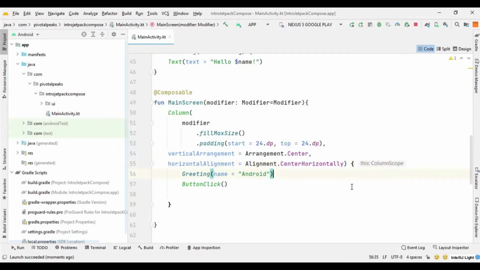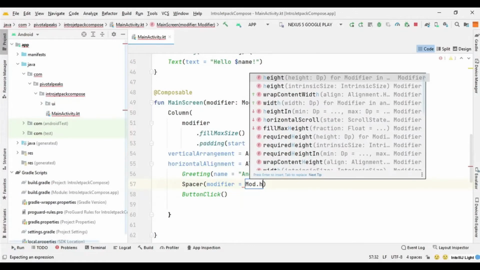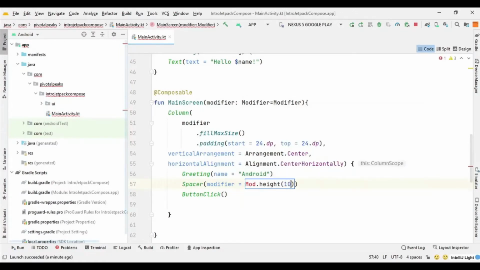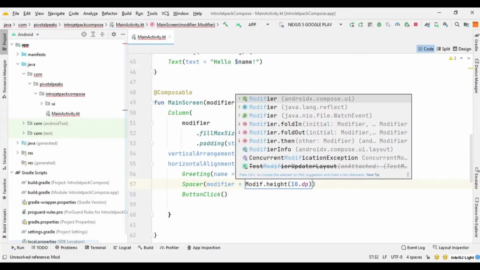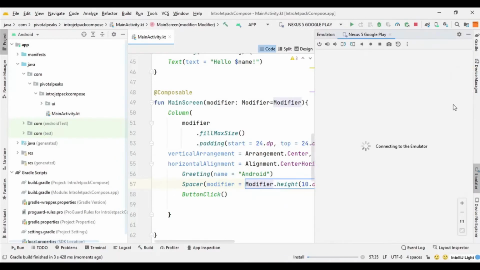After this greeting you can say spacer, and then you can pass modifier dot height and give it some space. So wait, it did not get the full modifier dot height, and let's run it again and see if it makes any difference.